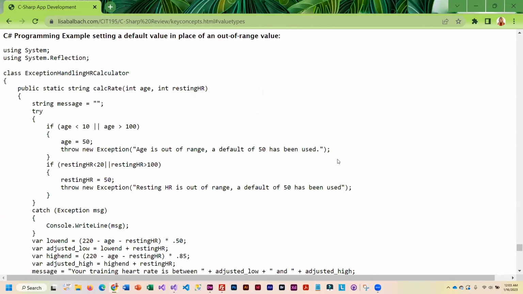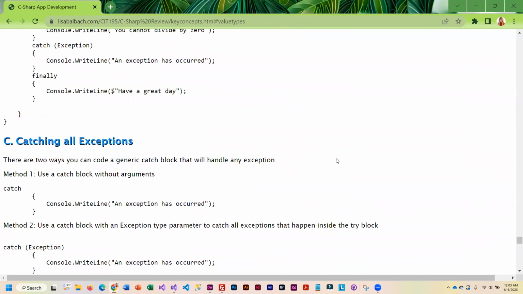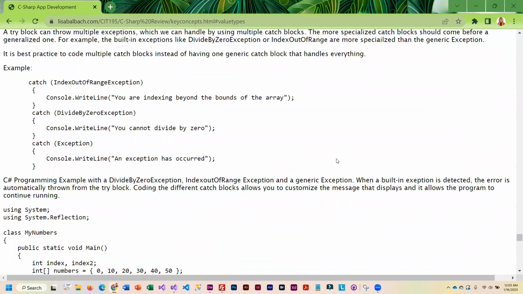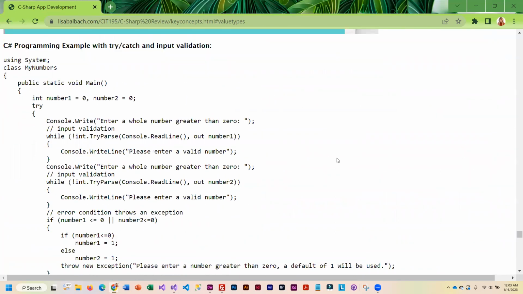Let's look at a couple more examples. So this is another example. Enter a whole number greater than 0. And so here you can see